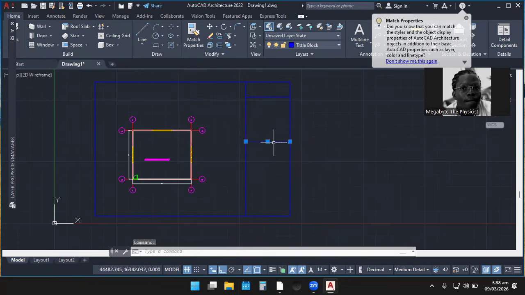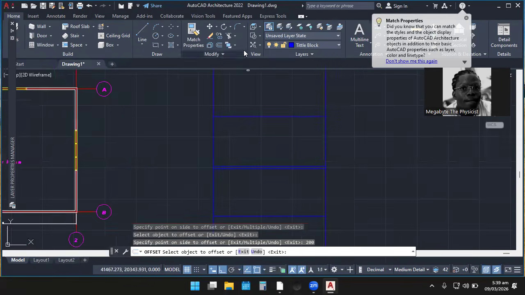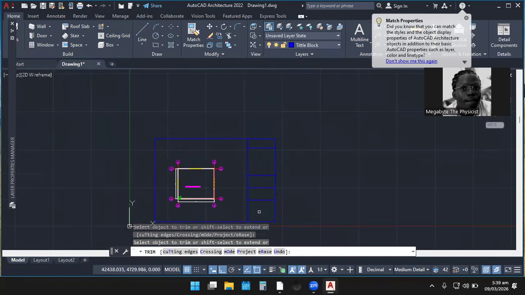So this one over here, I can just offset it. So let's say I click offset, and I'm going to maintain a distance of, let's say, 4,000. So this is my offset of 4,000. I can also maintain the 4,000 this time. I can bring an offset of, let's say, 2,000. It's also accepted. If you don't like it, it can also be cleaned. So that is it.